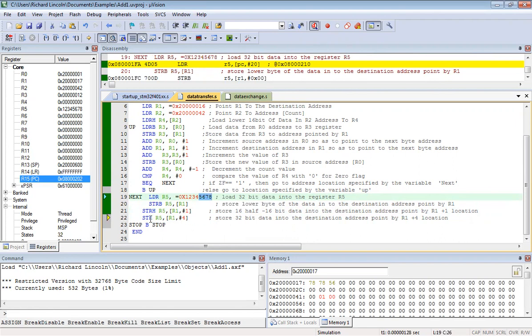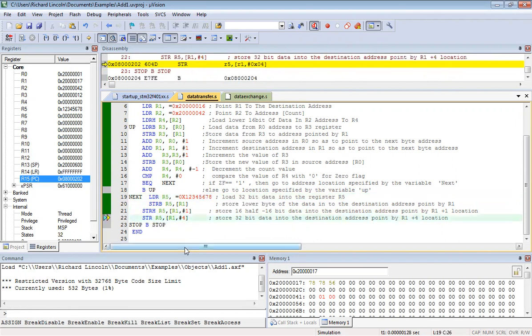Now we will just use str. If I use str directly, what is going to happen? It is going to point to R1 plus 4. So this is R1, 2, 3, 4. From here, R1 plus 4, I should be able to see the numbers getting updated here. Let me just execute.